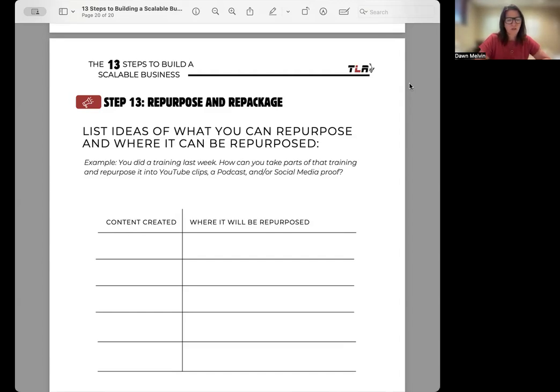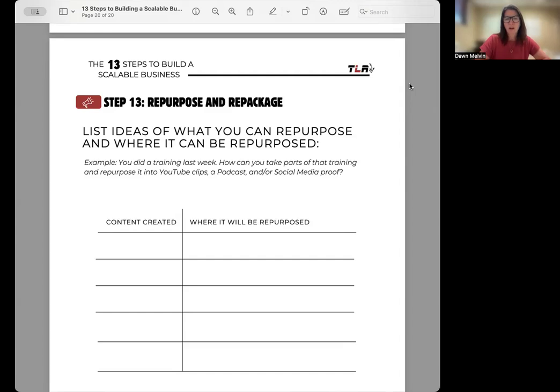So say you have a listing and you want to put together a property flyer. Well, you don't want to just put that property flyer in the listing, right? You want to get that property flyer out to the masses. So you're going to repurpose it. You're going to send it to the neighbors. Maybe you do a mailer campaign or door knocking to find other listings in a neighborhood. Repurpose that flyer to, maybe you have buyers that have been looking for a home just like what you have listed. Take that flyer, send it to them,